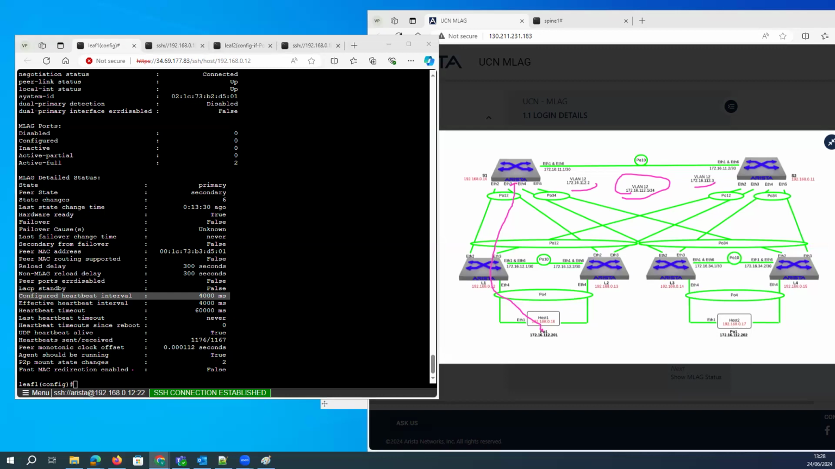So if you want to avoid this kind of scenario, there is one command we have. We can configure the dual primary detection in the environment if you like to. You can configure that. So how you want to configure that here is, there is a command, you have to enable the heartbeat between the devices. Once you enable the heartbeat between the devices, you can